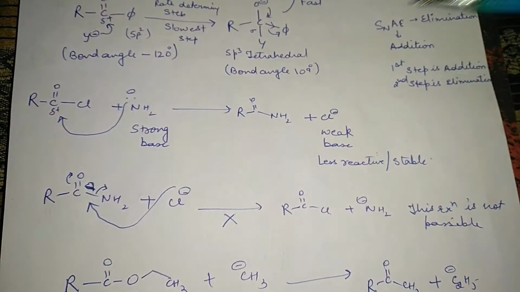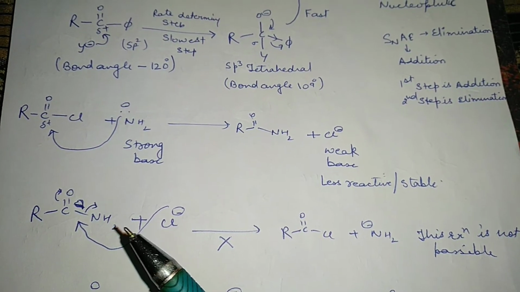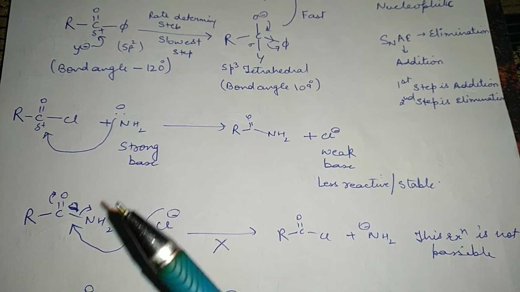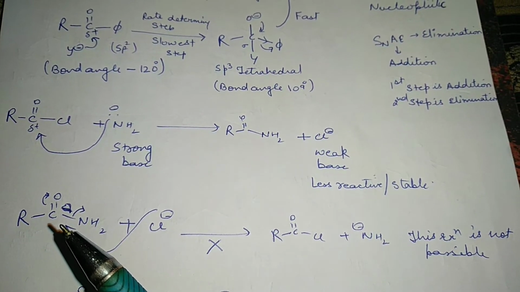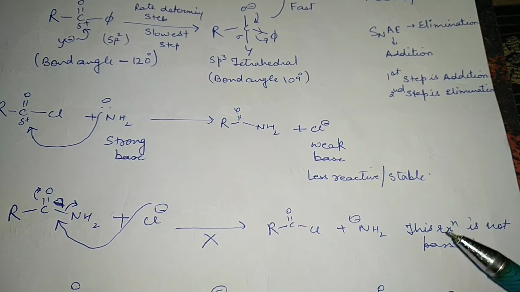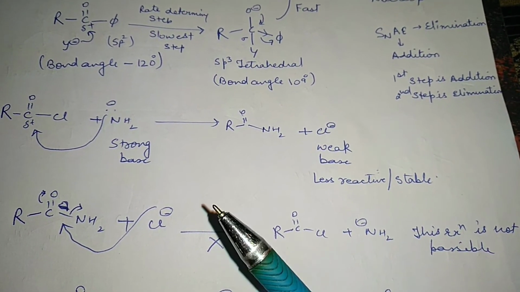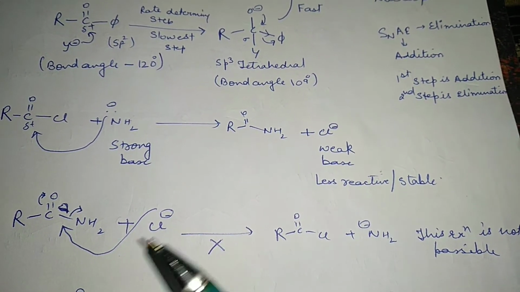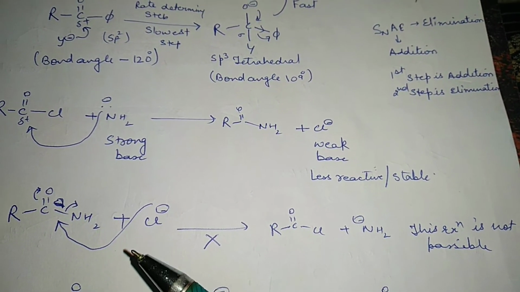Alright. Now here you can see, if we talk about this reaction, we have to see whether this reaction will happen or not. Suppose this reaction will happen. Let's see the chloride ion when it attacks on the amide bond. Is this reaction feasible? No, this is not feasible. Why? What is the reason behind it? Because, as I told you in the above reaction, this chloride ion, this anion, is a weak base. It will never replace the amine group from this compound. So this reaction is not possible.